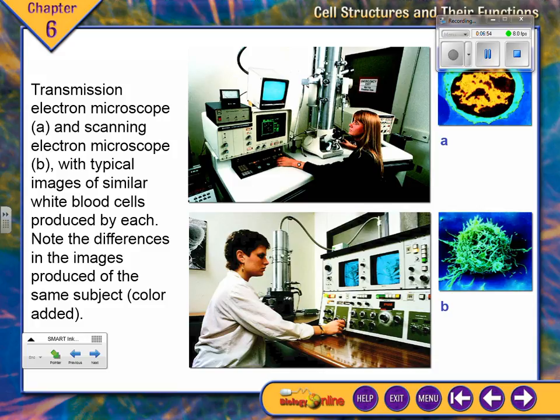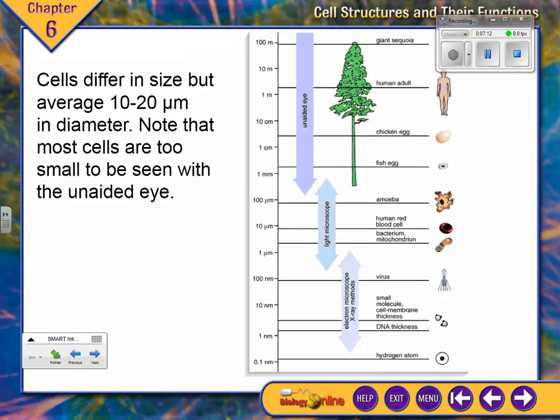That is a scanning. The one on top, A, is transmission. I think these pictures, you have to check, I'm pretty sure, they're the same thing. The scanning, the transmission gets crosscuts. We'll talk more about the microscopes later, but we can get really, really small. Love this diagram. Take some time with it in your book and get an idea of the size